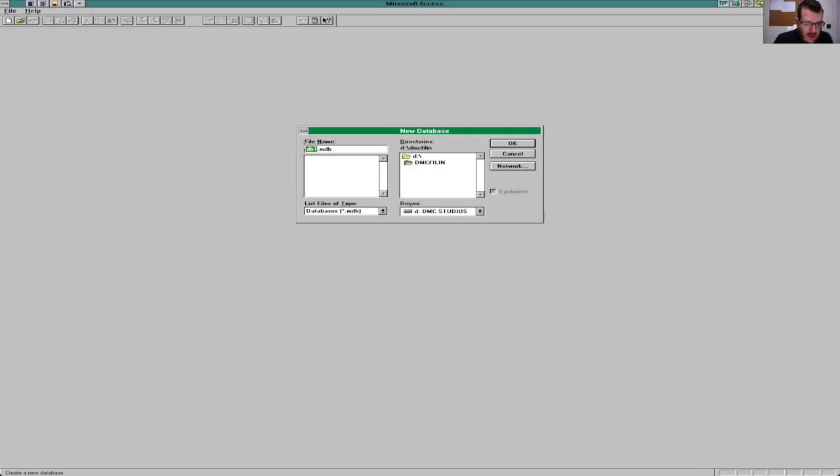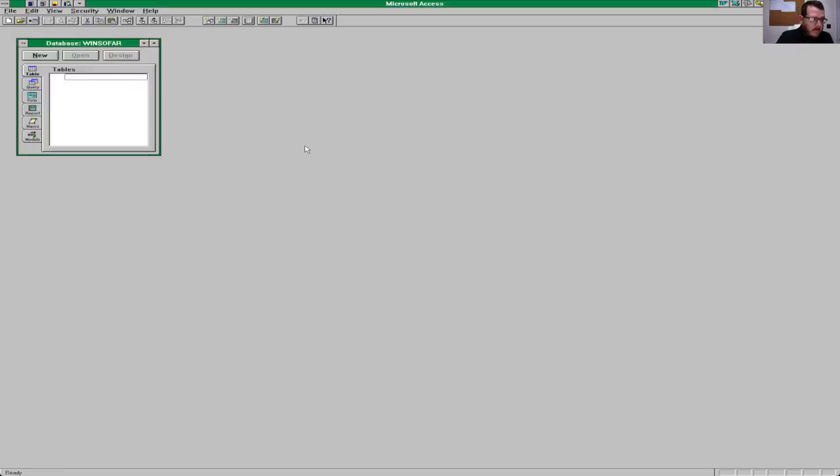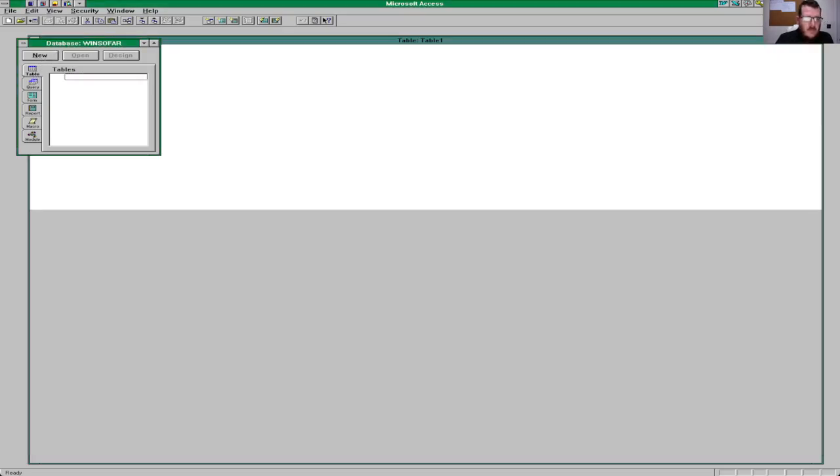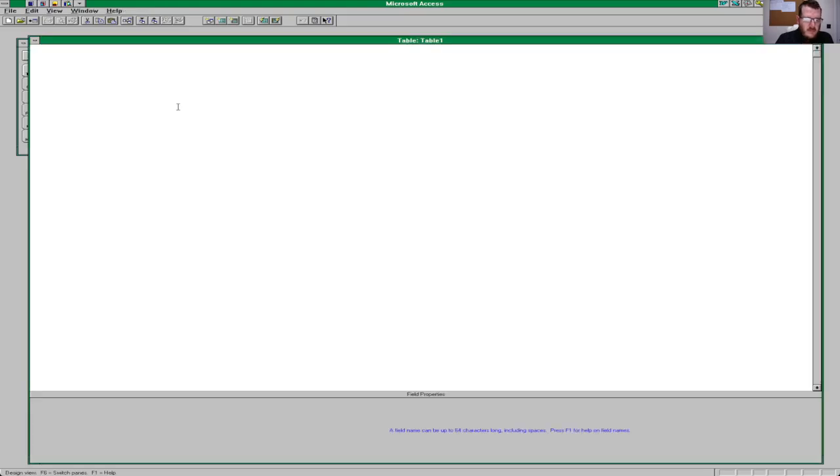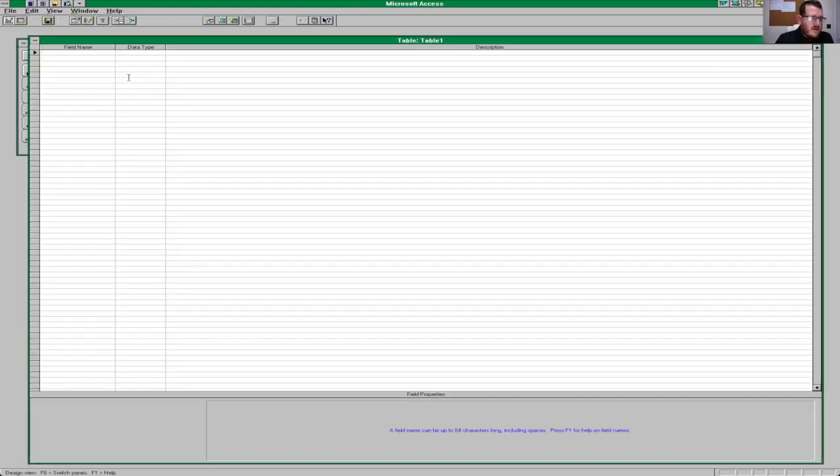We want Win so far, and this gives you the chance to do tables, a query, form, report, a macro, and even a module. So let's start with a table. That's what it looks like. We want then